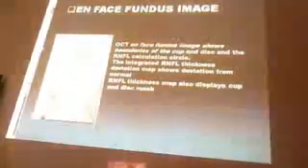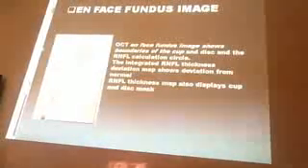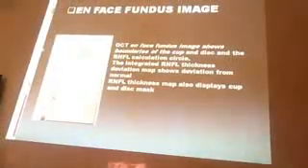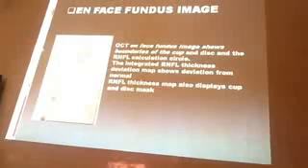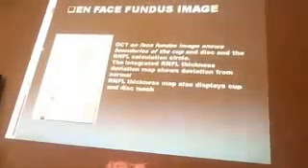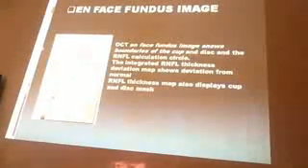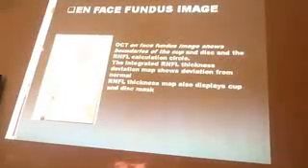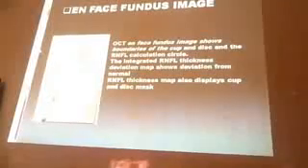This is the ONH fundus image. It shows boundaries of the cup. This is the cup. This is the disc. And this is the scan circle, 3.4 millimeters most times from the center of the disc. So it shows boundaries of the cup and disc and the retinal nerve fiber layer calculation circle. The integrated retinal nerve fiber layer thickness deviation map shows deviation. So it can be integrated into that. It tells you whether there's a deviation from normal by the colors you see.